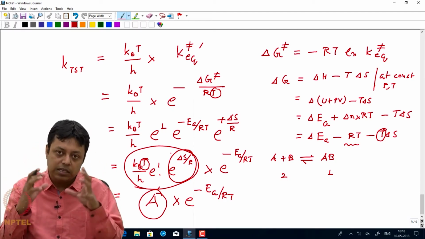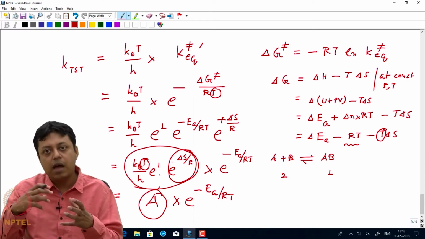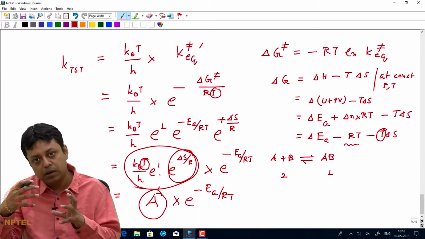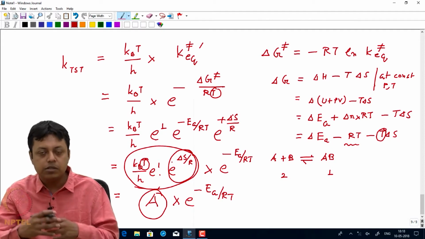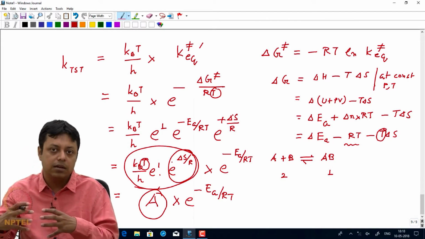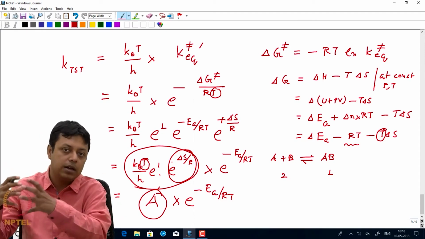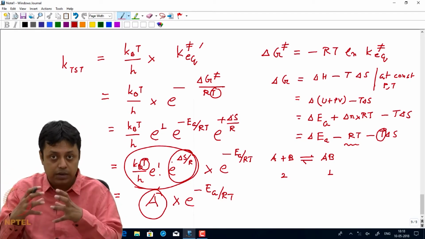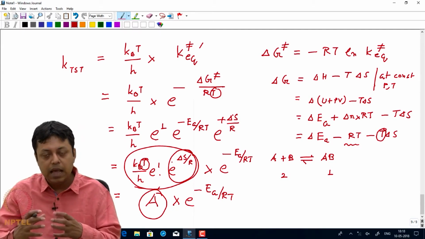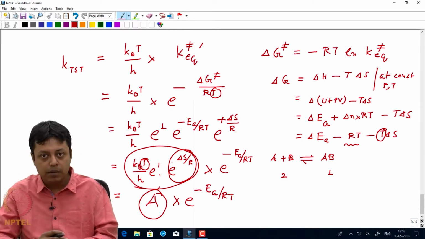So this orientation factor is directly embedded in the entropic factor. You have to have the right arrangement, which will reduce the entropy of the system, because you are going from a less organized structure, where the reactants are randomly moving around, to a more organized structure in the transition state, for which the entropy should decrease, and then actually you can have a decrease in the reaction probability